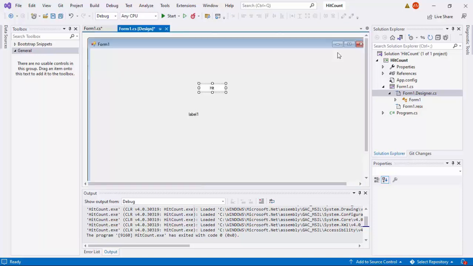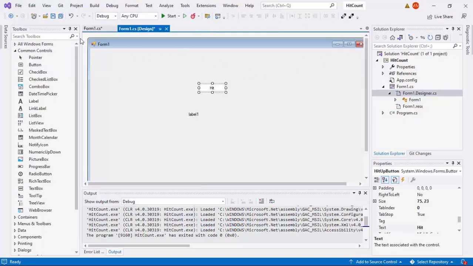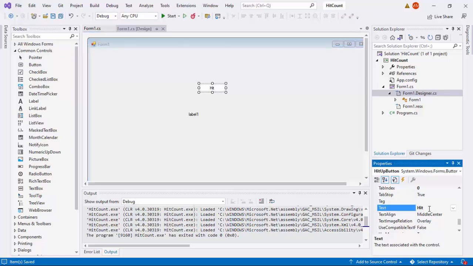All right, so we can close this one, and then maybe at this point of time we save it, and then why not still for the button, instead of putting hit as the caption, we put count up.